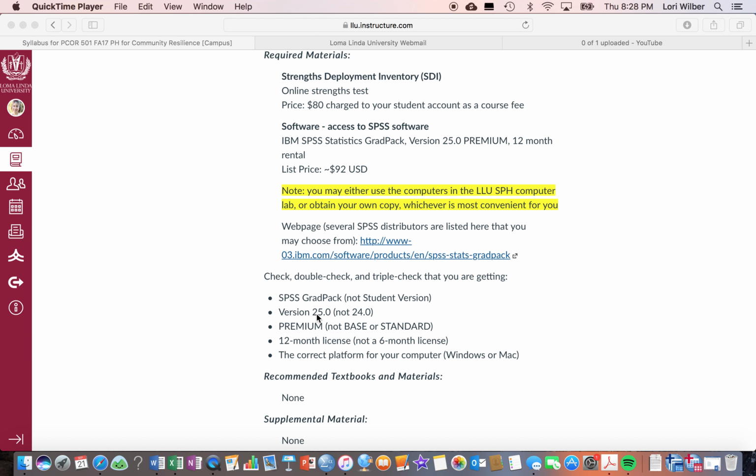Also, we're in version 25. Versions 24 and 23 are still out there available to get, but if you have 25, then it will look similar to whatever we're using. Also, you need to get the premium. The base and the standard don't have some of the features that we will actually need for this class, so make sure that you're getting premium, and you will need it all the way through the end of spring quarter, so be sure you're getting a 12-month license. It also comes as a 6-month license, maybe for $20 less,